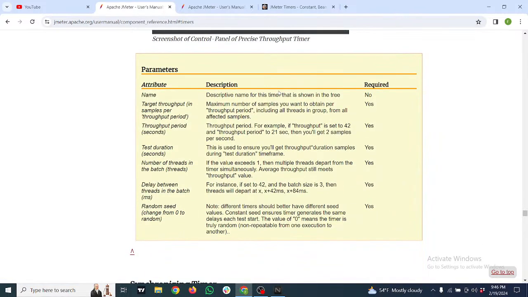Name: descriptive name for this timer that is shown in the tree. Target throughput in samples per throughput period: the number of samples you want to obtain per throughput period, including all threads in the group from all affected samplers. Throughput period, seconds: the throughput period. For example, if throughput is set to 42 and